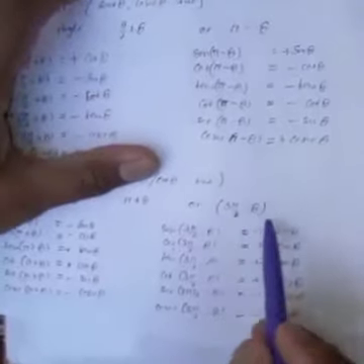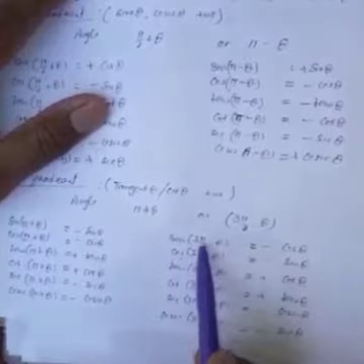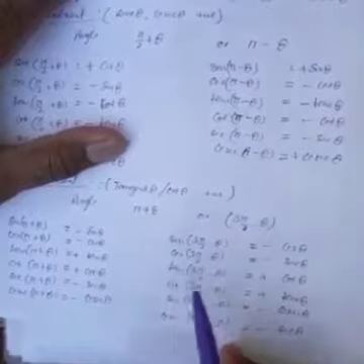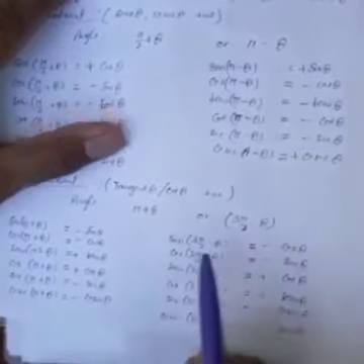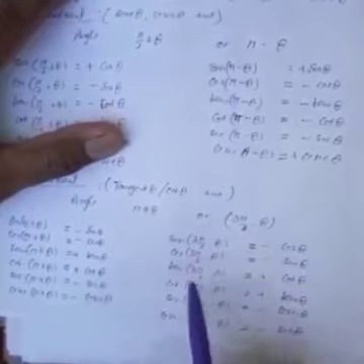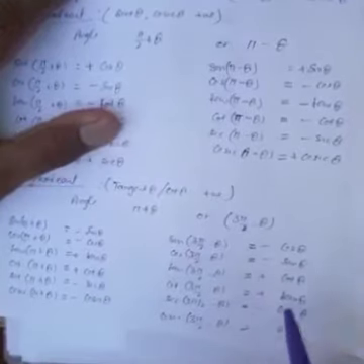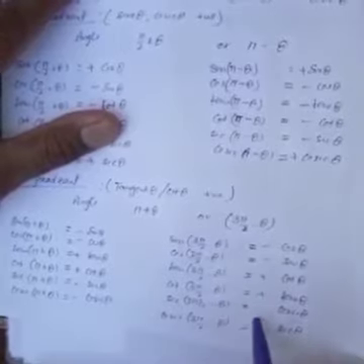Similarly, you write for 3 pi by 2 minus theta, sine 3 pi by 2 minus theta. Because it is 3 pi by 2, we have to convert sine into cos, cos into sine, tangent into cotangent, and so on. But apply the sign first of all, then write the t ratios. Tangent is positive, cotangent is positive, and all other t ratios are negative. In this way, secant 3 pi by 2 minus theta will be equal to minus cosecant theta. Now move on to the next, the fourth quadrant.